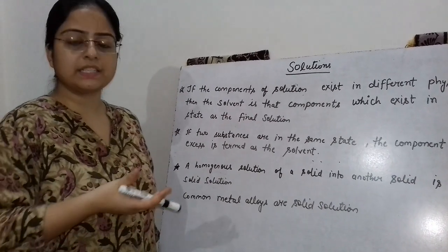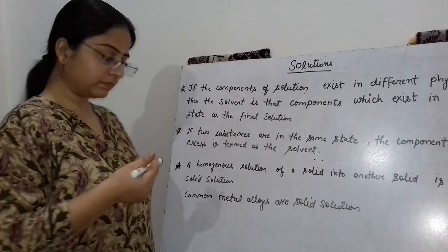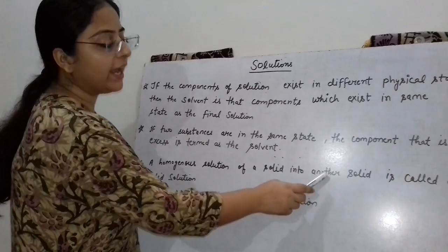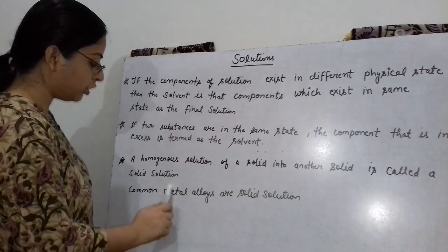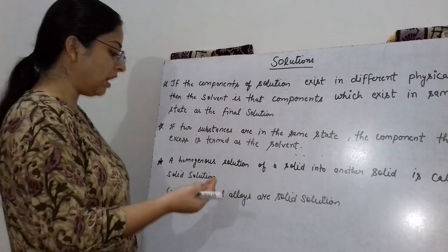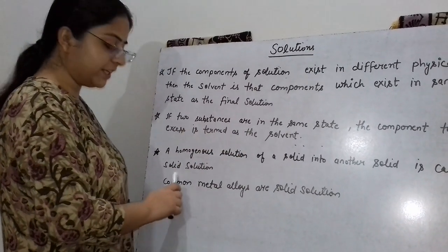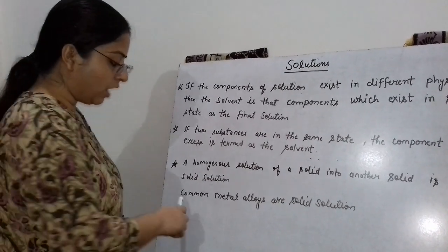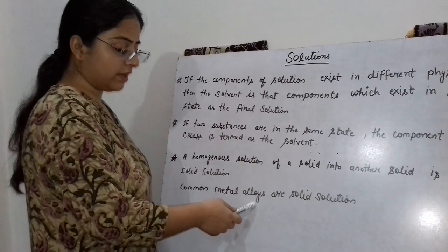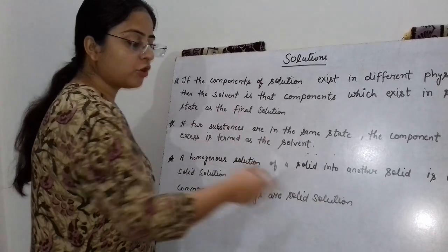For example, brass is an alloy which contains 70% copper and 30% zinc. So a homogeneous solution of a solid into another solid is called a solid solution. Whenever two components in the solid state are combined, their homogeneous solution is called a solid solution. Now, common metal alloys are